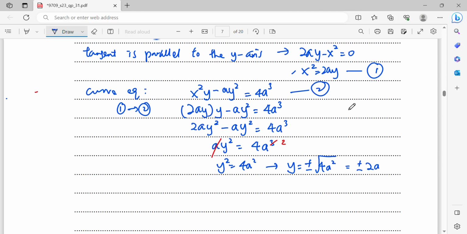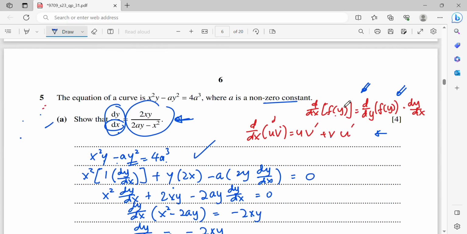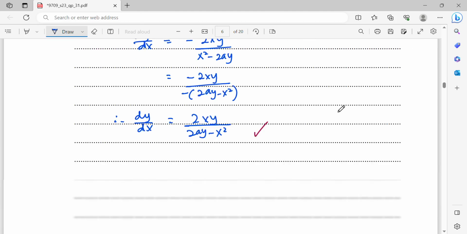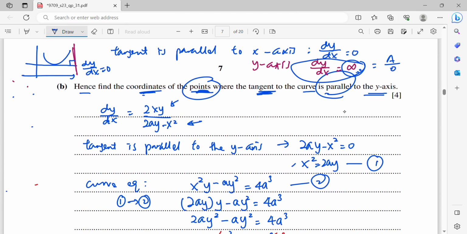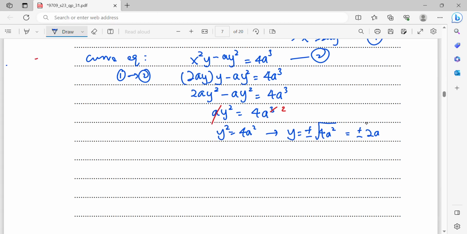Okay, so let's check the conditions of the a first. So the a is just a non-zero constant. It can be positive or negative. And also you look at the question, this is points, means you will get more than 1 point. Okay, so now from